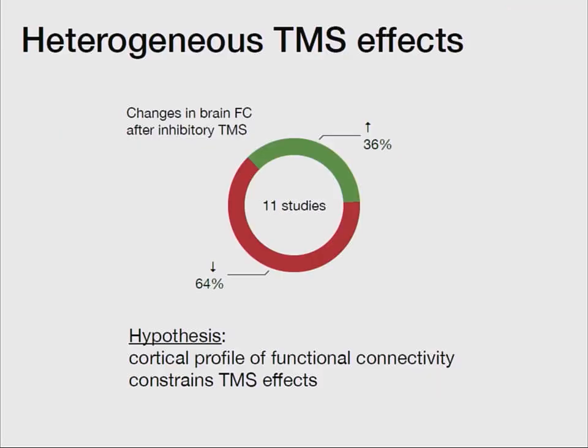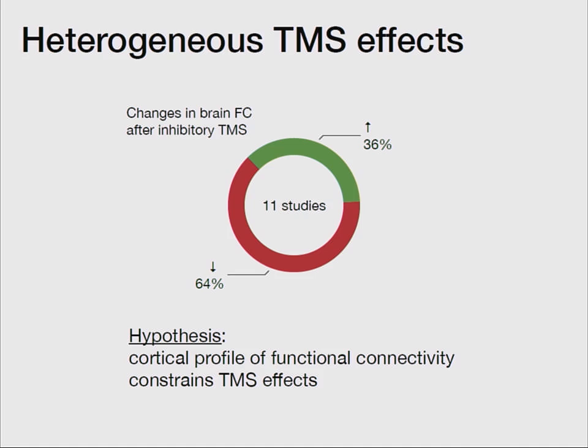For example, here in 11 studies that assess the effect of TMS with resting fMRI since 2010, 2/3 of them found a decrease in the functional connectivity, while the other third found the opposite. What is the reason for these heterogeneous results? Well,